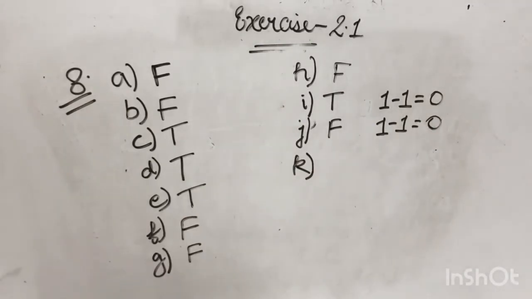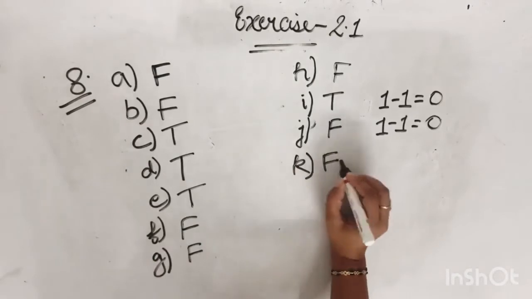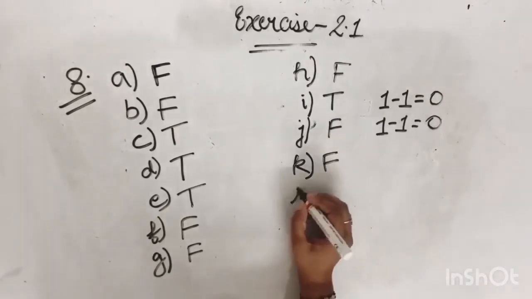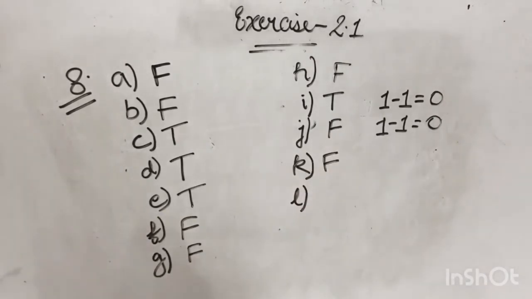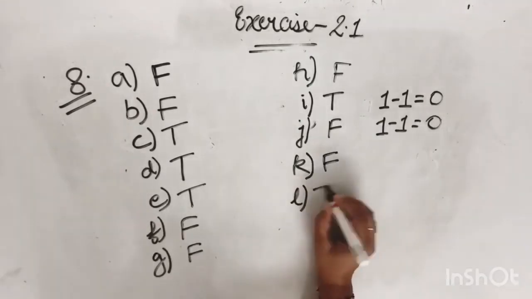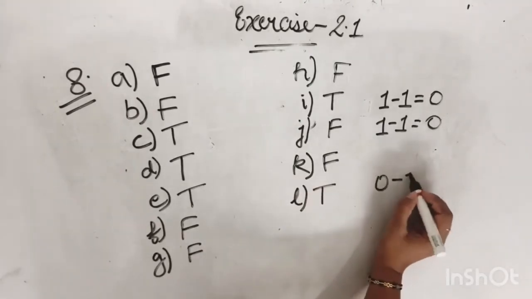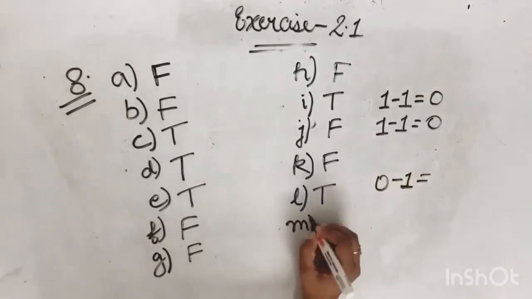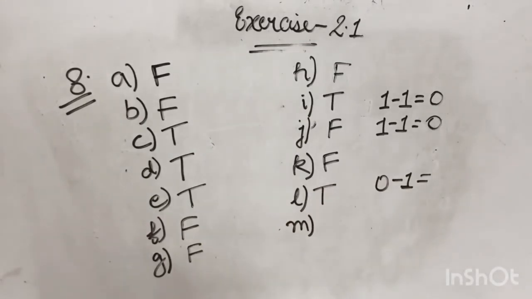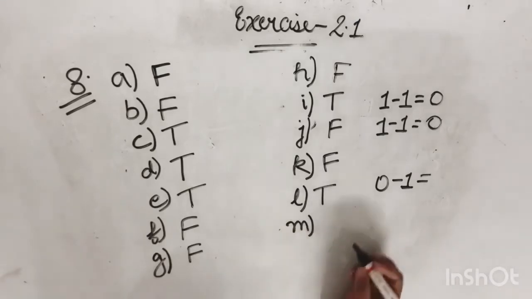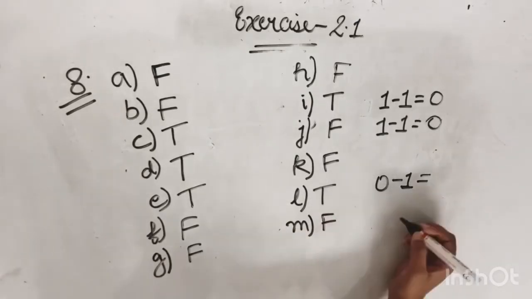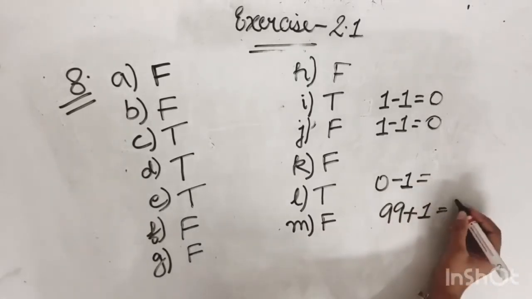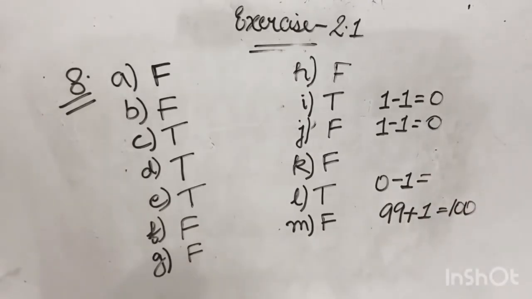Whole number 13 lies between 11 and 12. False. 13 is greater than 12. So it lies after 12. Whole number 0 has no predecessor. True, because when we subtract 1 from 0, we won't get a whole number. The successor of a two-digit number is always a two-digit number. False. Let's say I am taking the two-digit number 99. The successor of 99 is 100, which is a three-digit number.